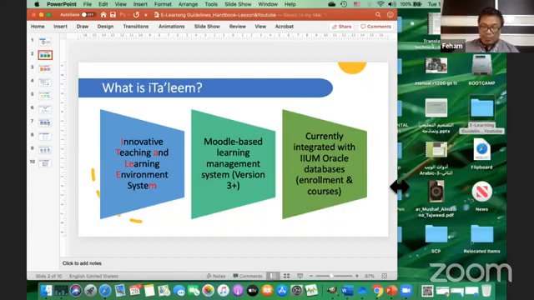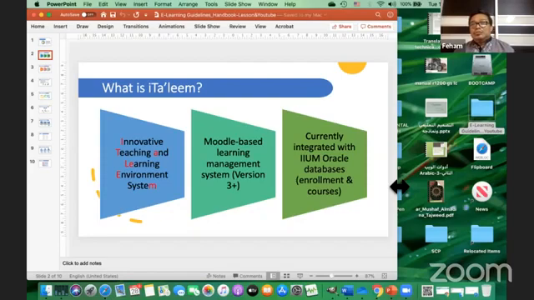The beautiful thing about this platform is that it is integrated with the student data for enrollment as well as courses. We have all the courses synchronized with the system, and all the student registration synchronized along with the course registrations. All the selected data in the student database is also synchronized in our e-learning platform.